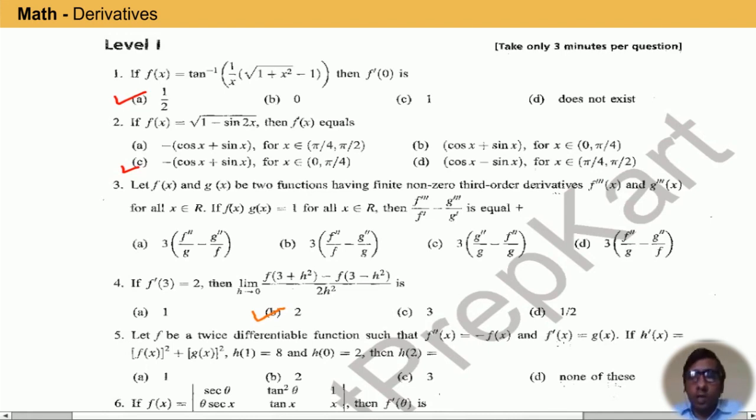Basically, chain rule, product rule, quotient rule, these questions are applications of these types of rules. The product rule we can apply when we are having two functions in product form. The quotient rule we can apply when we are having two functions in division form. And the chain rule when we are having two functions, one function inside another function.